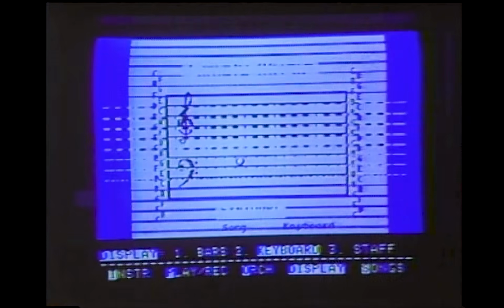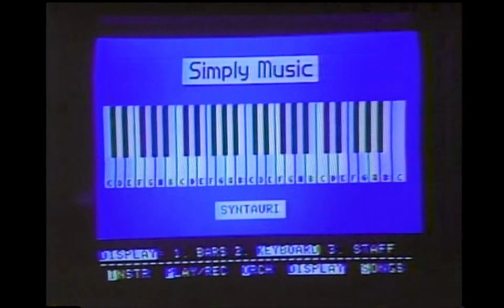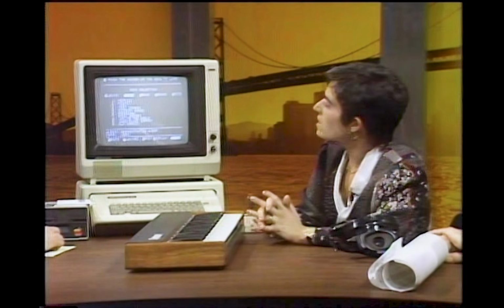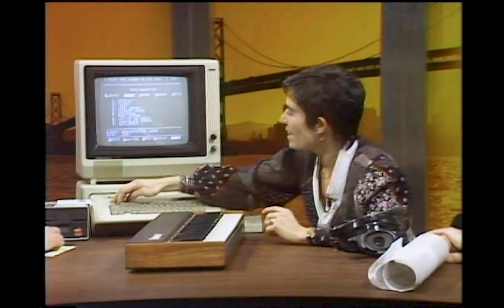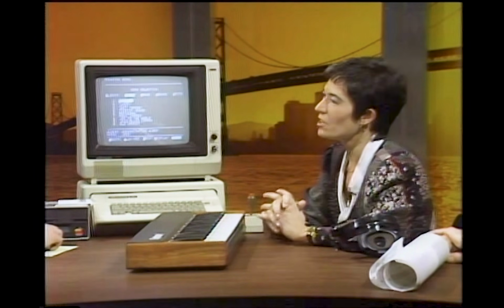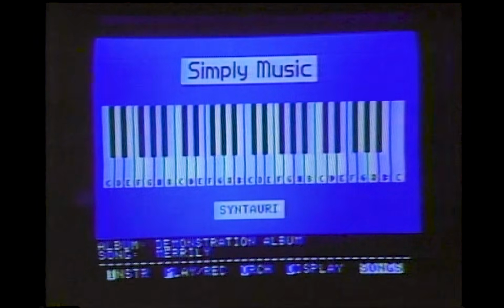I can load in a display of the keyboard itself, so that when I play back Jesu, I can see the parts that were played. Now that's a fairly complex piece. If I were learning to play music, if I'd never approached a musical instrument before or a computer music system, I might choose an easier to learn song. For instance, Merrily. Now this is a pretty simple song, but it gets the point across that you too can learn to play keyboard with this fairly fancy technology just by